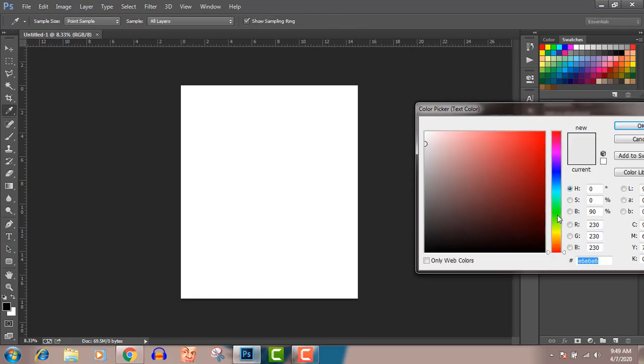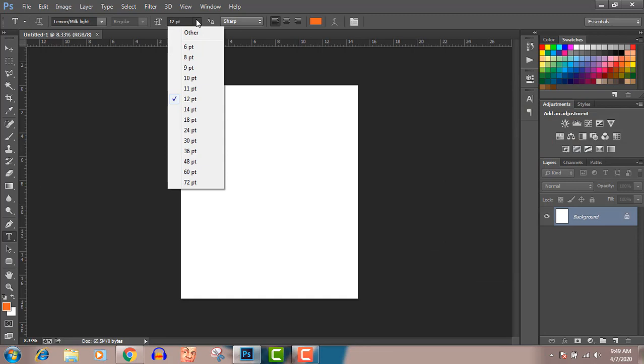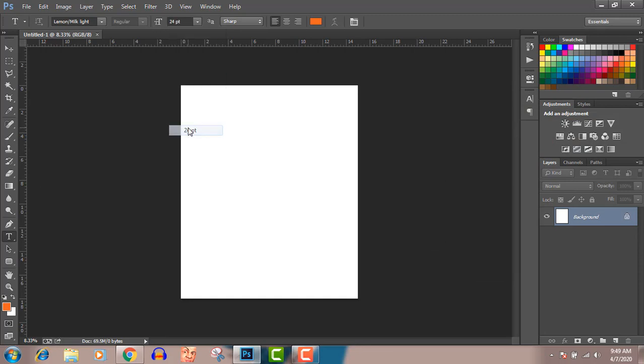the color. I might change this later, but let me start with orange kind of. So I'll increase the font. That's this double T you see, that's increasing the font size. I'll just put that at 24 for now. So now I'm just going to type "I am"